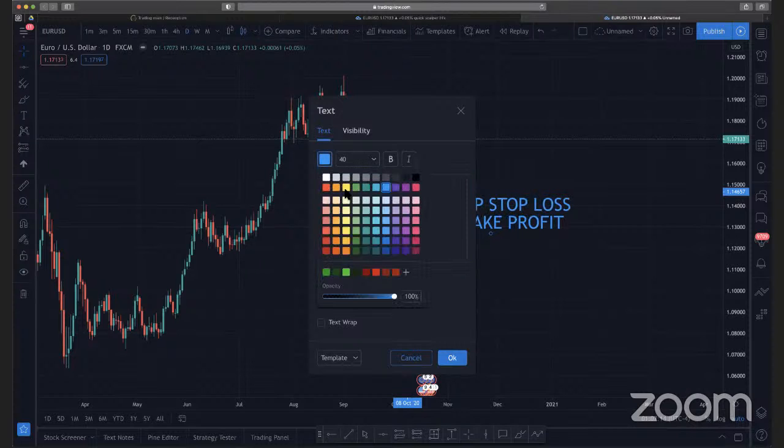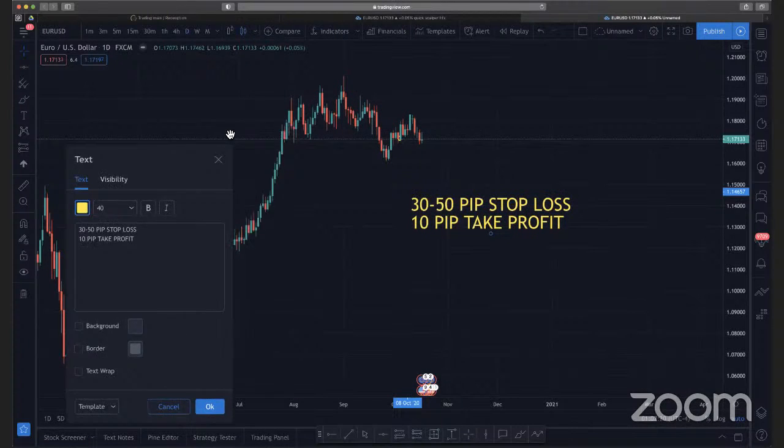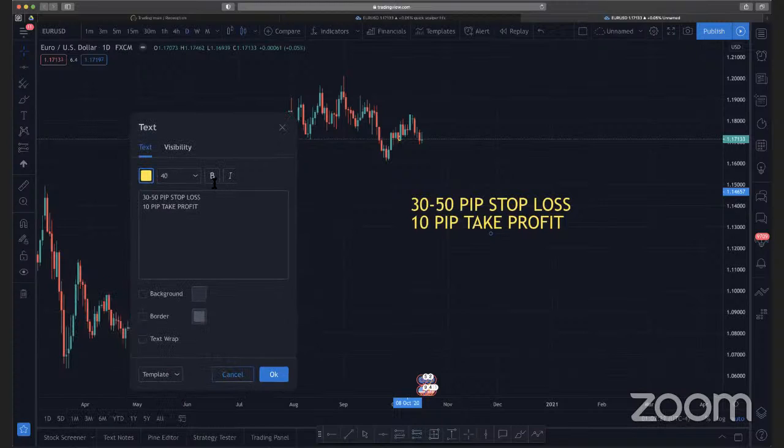Let's do that, right? 30 or 50 pip stop loss, a 10 pip take profit. What's going to happen, right? You might win. It doesn't really matter how many times you win. If you took 10 trades,